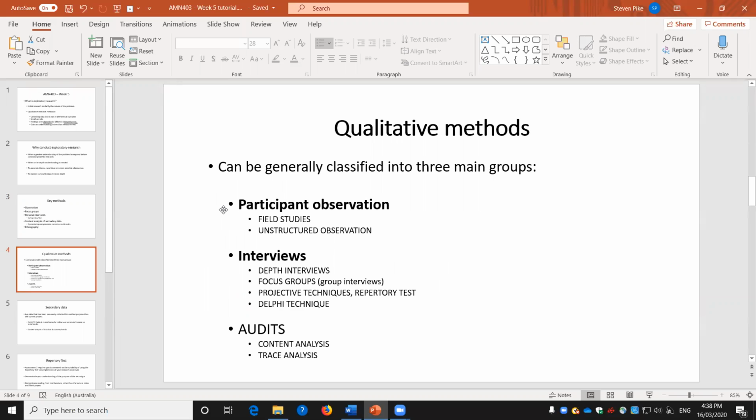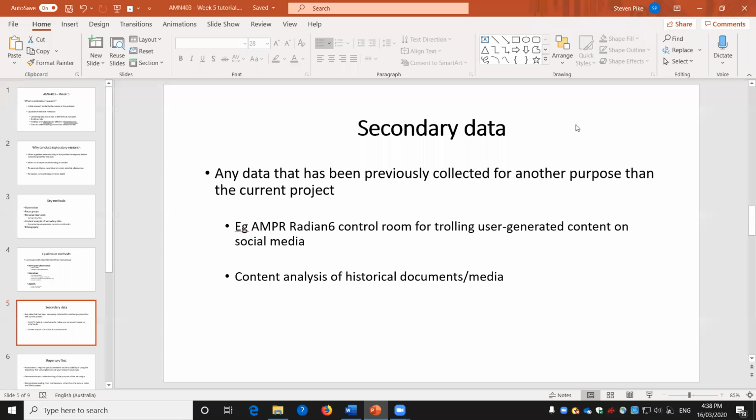Participant observation, interviews and audits would generally be the 3 main areas of research approaches when we're undertaking exploratory research. So as we discussed in the week 3 lecture, secondary data is a particularly useful first port of call when we're starting a research project. Secondary data is data that has already been collected for a purpose other than our current